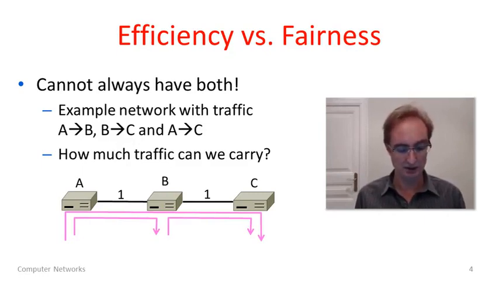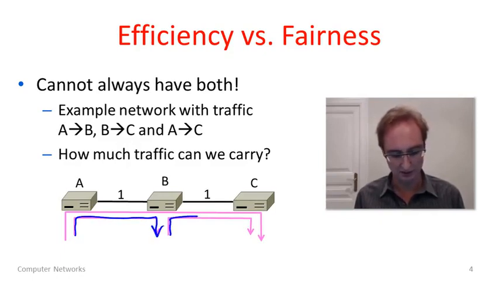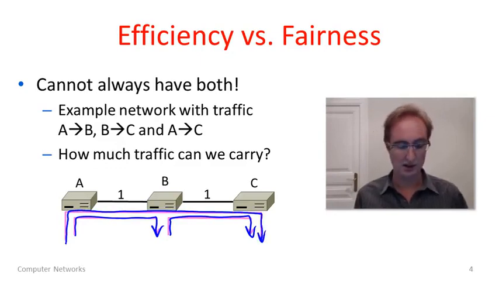Consider this example network. Now here we have three hosts shown in the picture, A, B, and C, and we have three traffic flows. One is simply going from A to B over this link, which has capacity of 1 unit. One's going from B to C over this different link, BC. Again, it has capacity of 1 unit. And one flow is going all the way from A through B to C across those two links. And to solve the bandwidth allocation problem, we need to decide how much bandwidth, how much traffic we will allow to go along each flow.